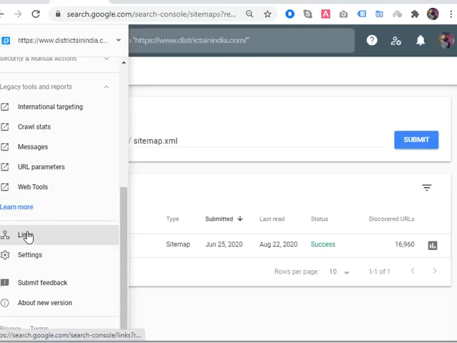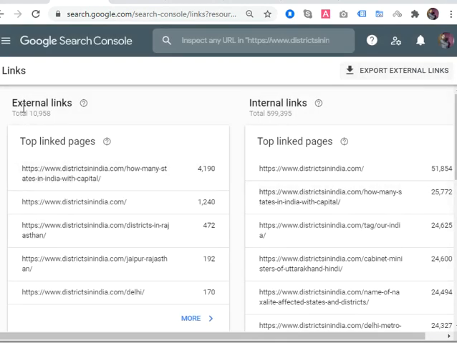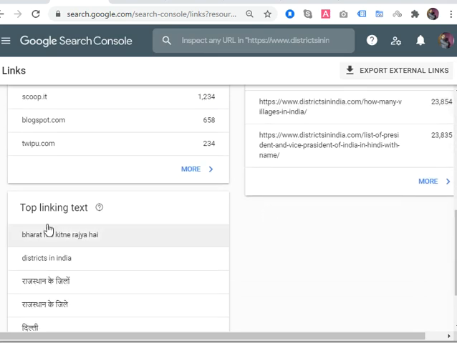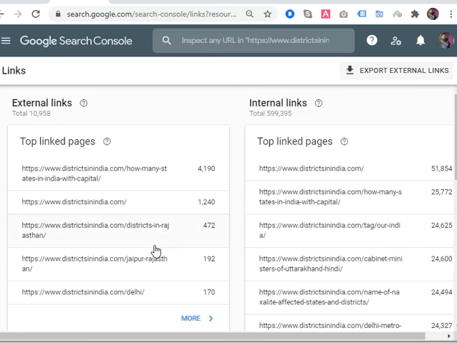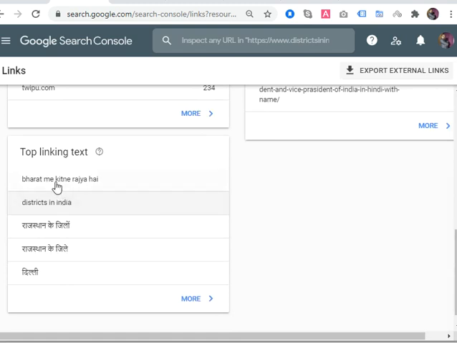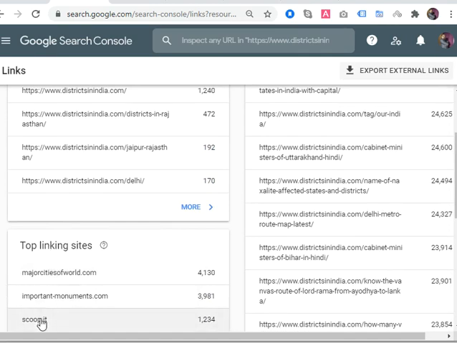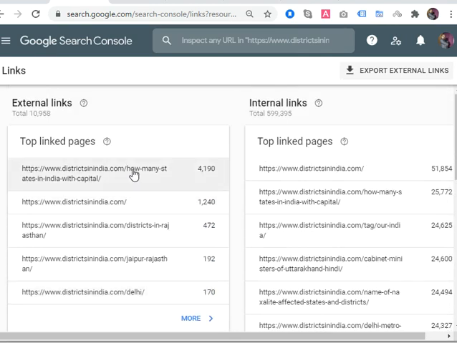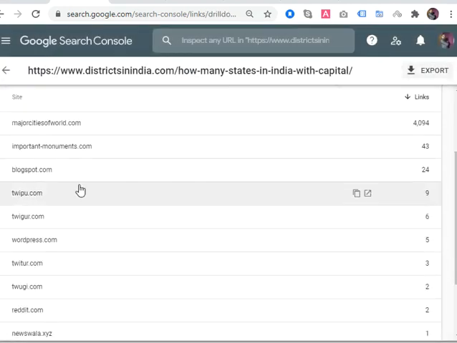The important part of this report that remains is links. External links means your page is gaining backlinks from external sites. Internal links means your page is getting good internal links. This is a very important part for ranking purposes. And top linking sites are listed here, so if you go through this you will definitely find those sites. Let's check. I'm going to this one and I found that it's very nice.